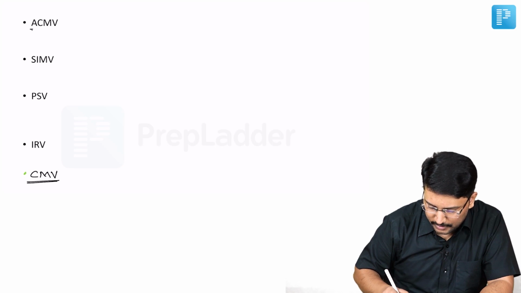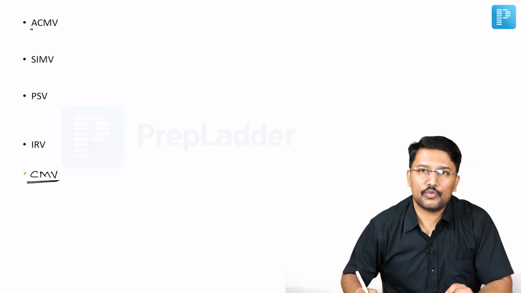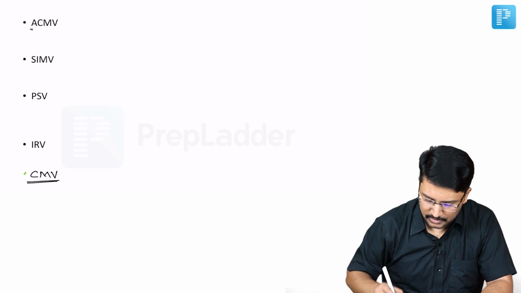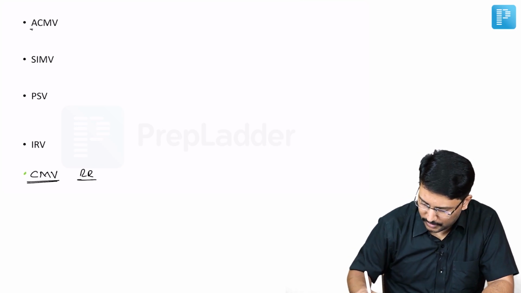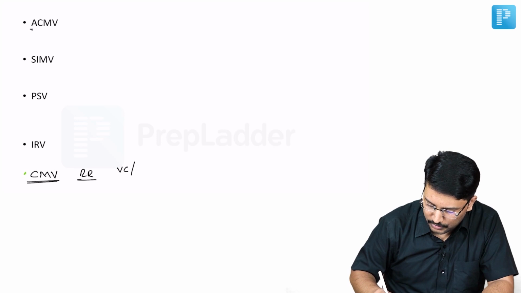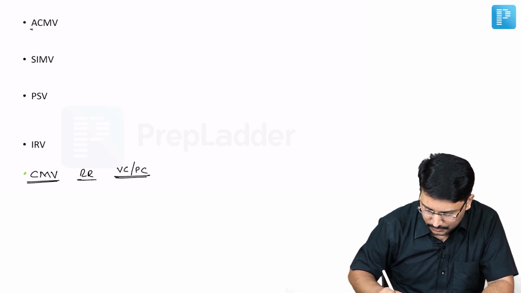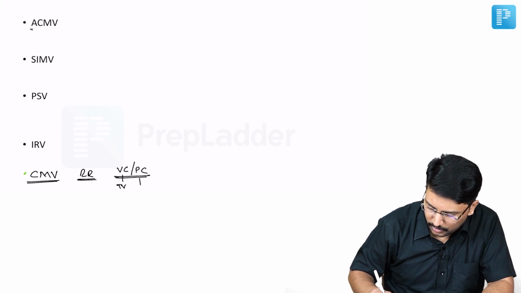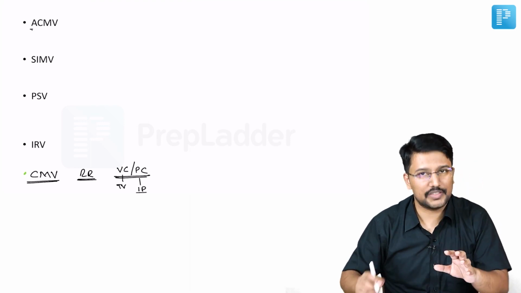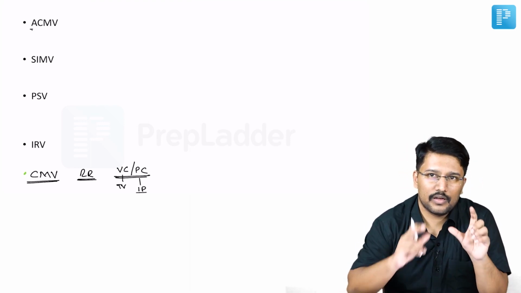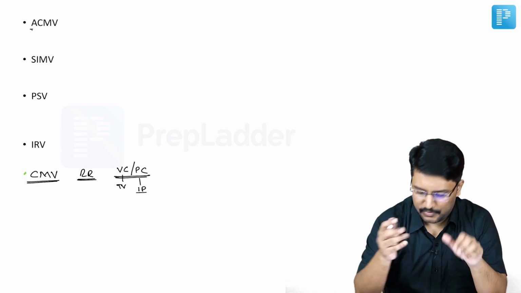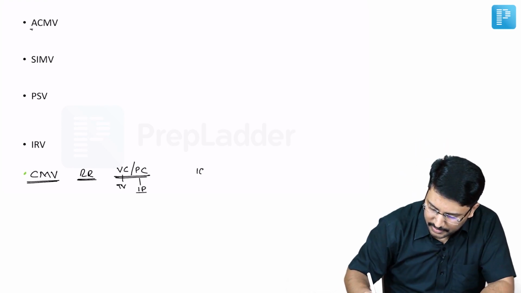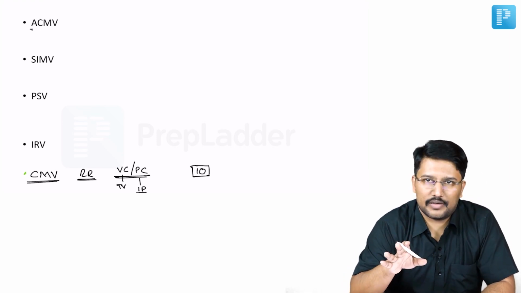Obviously, we are talking about fully controlled mode of ventilation. So in controlled mode of ventilation, we have the absolute control. That means we are setting the respiratory rate. Okay, we are either setting a volume controlled or a pressure controlled mode, right? So depending on volume controlled or pressure control, we have a limit about tidal volume or the peak inspiratory pressure, and thus patient is getting a fixed breath with fixed parameters every time. So for example, if you have set respiratory rate at 10, he's getting 10 breaths every minute.